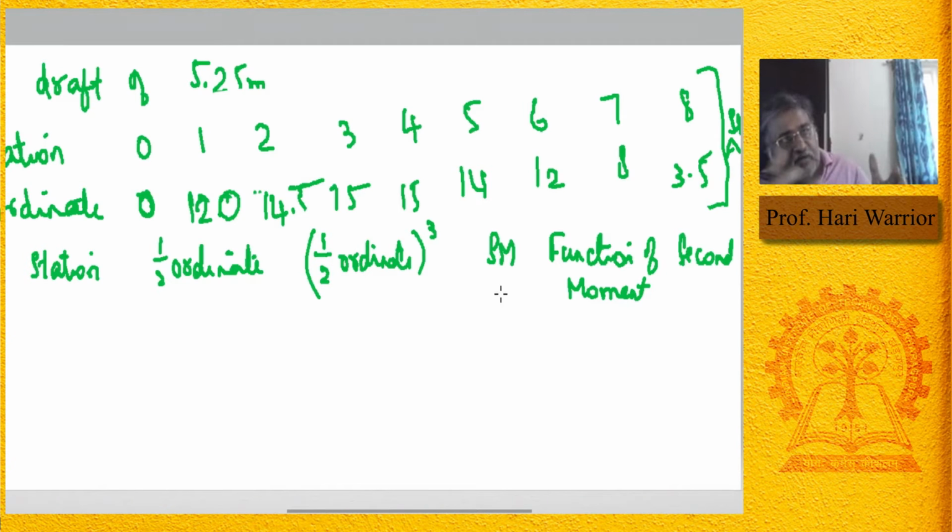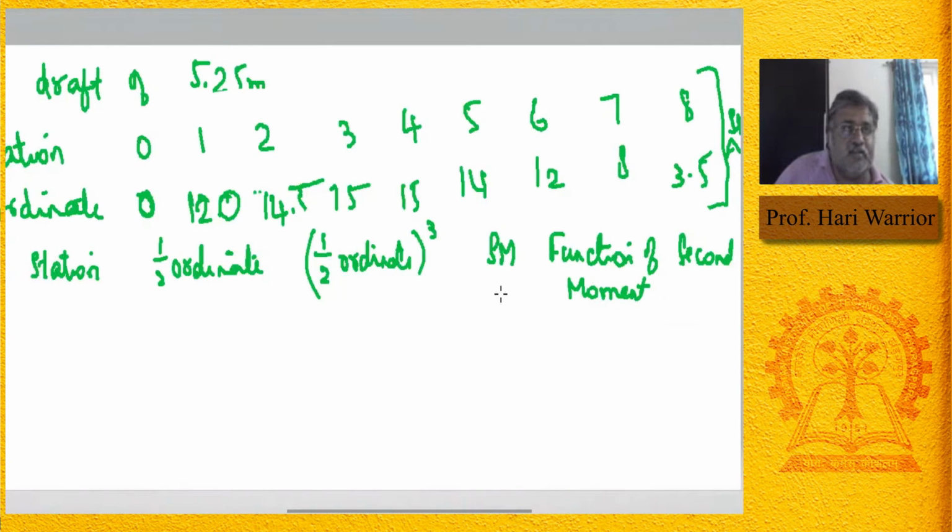In the problem that we did in the previous class, this was basically to find the volume. There we used the vertical distances, which are basically the drafts. We found the drafts, and the drafts were multiplied with the half areas. But in this one, what is asked is you have the stations, and you are given the half ordinate at each of those stations. So what kind of area are you looking at? Water plane area we are looking at. Yes, it is in the direction of the water plane area. We are not talking about anything else, not below or anything. It is just the direction of the water plane area.